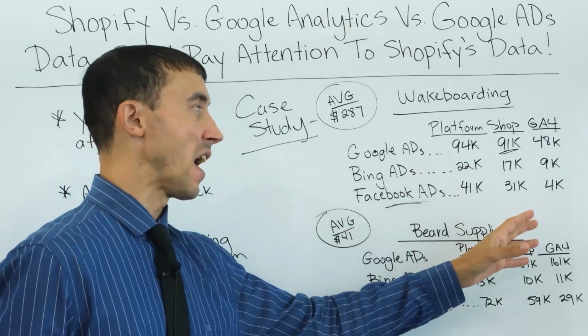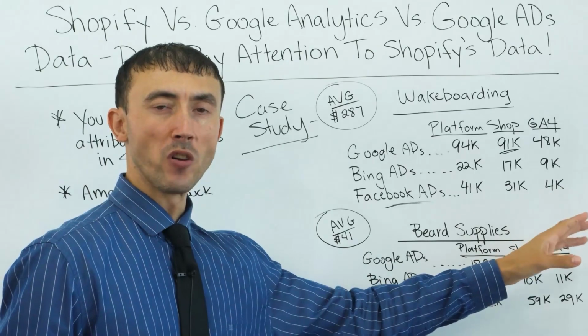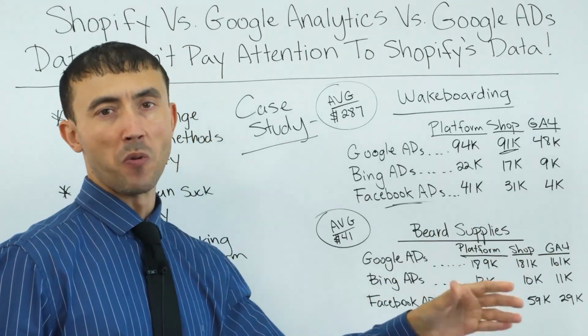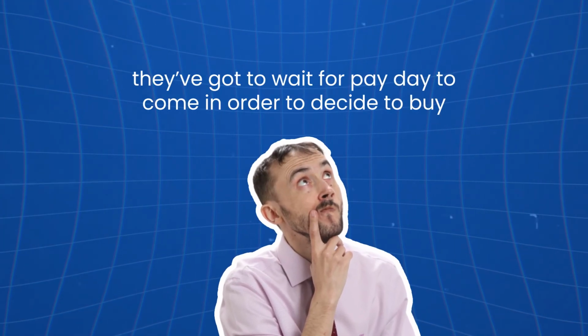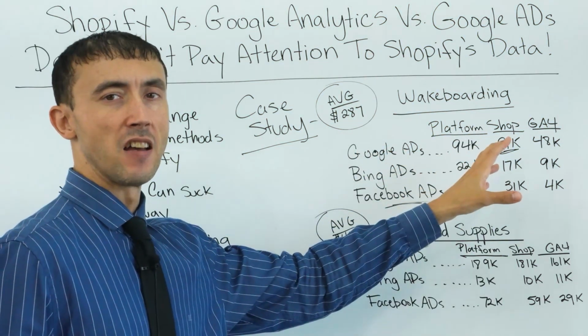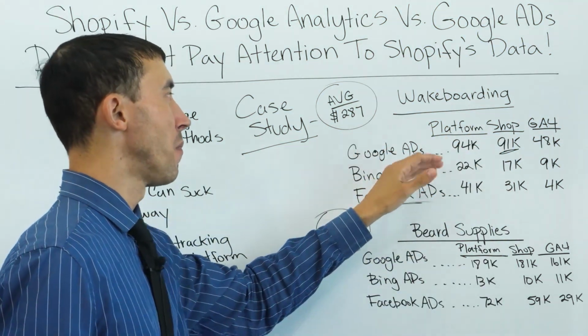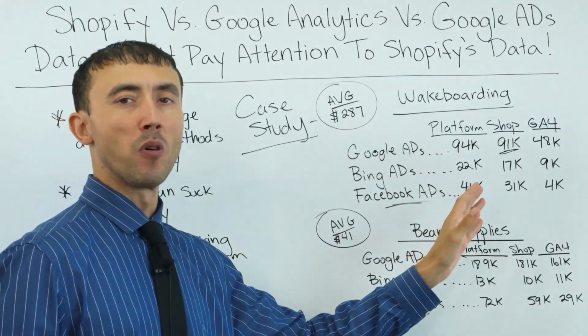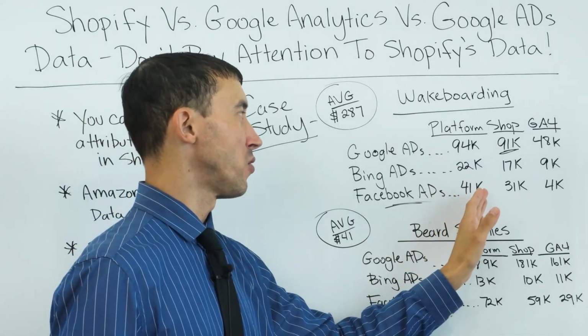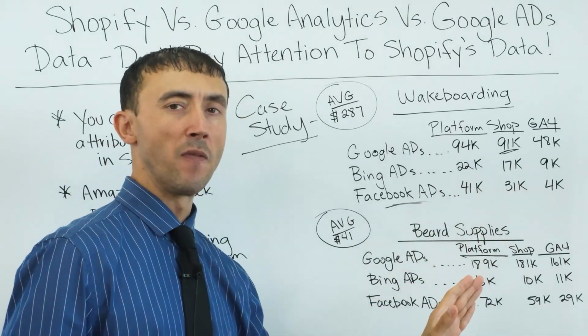And that's also why it's undercounted so much, but more so on the side of just people from our Facebook campaign we're putting the idea in their head. They've got to wait for payday to come in to decide to buy, or do some research or whatever, and they're not going to buy on that first visit at all. So that shows you the difference in data by platform, by traffic source, what you can expect and what's normal for what you see in the ad account versus Shopify versus GA4.